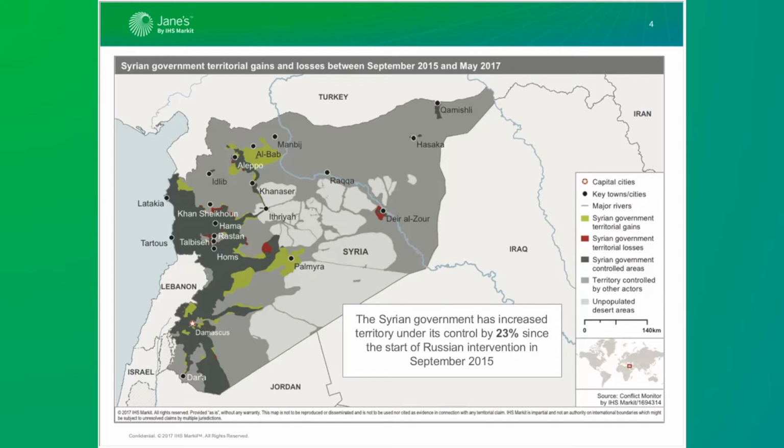strategic priorities. Those are the city of Aleppo and territory to the east of Aleppo, which the government recaptured earlier this year, the objective being to block any further advances by the Turkish-backed forces into Syria. We've then got an area along the Latakia Idlib border, which was key to shoring up the Alawite heartland along the coast. Palmyra as the gateway to Deir ez-Zor, which we will come to a bit later on. And also, very importantly, all these small areas around Damascus where the government has been consolidating its control around the